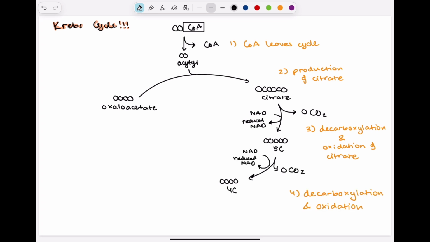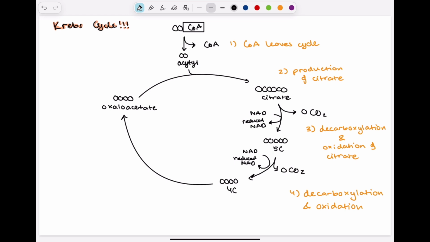Now, we have a 4-carbon molecule, but it's still not oxaloacetate, right? Because the carbons are correct, but what about the hydrogens or any other atoms that are here? So now we're going to do our last step, which is actually a pretty big step, but it involves a lot of components. But this step will actually get us from this 4-carbon molecule back to oxaloacetate, completing our Krebs cycle. So in order to get from this 4-carbon molecule to oxaloacetate, first, we are going to have to oxidize